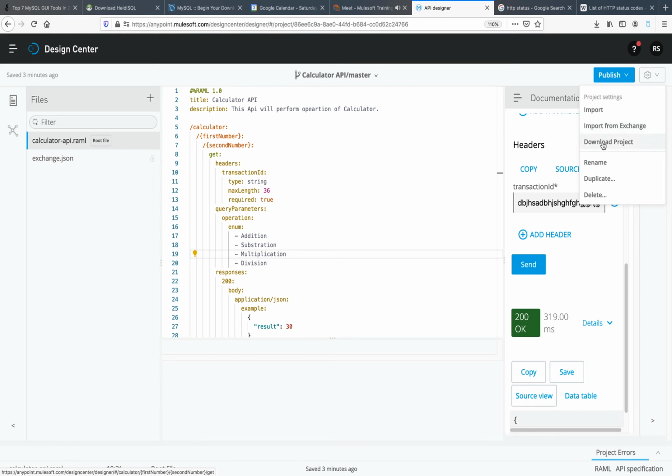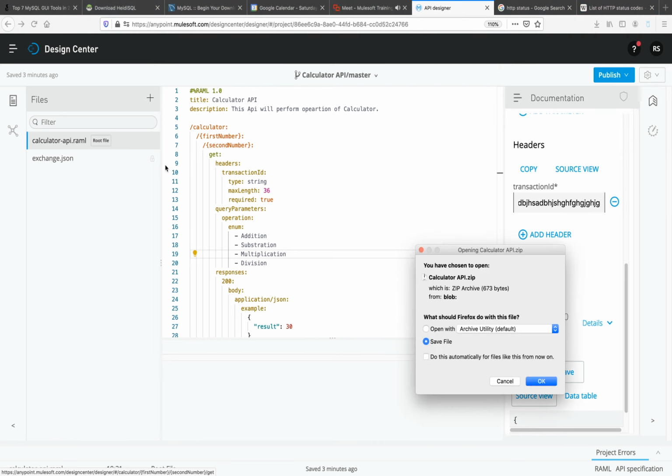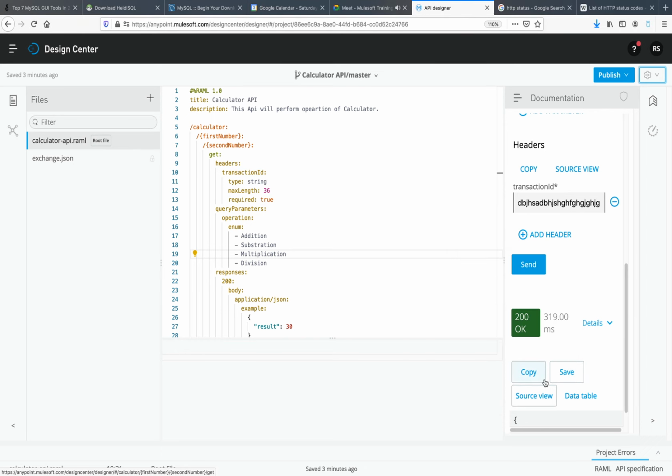Download project: if you click on this, this RAML will be downloaded to your local system, and the name will be calculator api.zip. So I will download this. Download started, so it will be downloaded to my local system. Then we have rename. If you want to rename this RAML file, you can rename. Duplicate, if you want to create a similar RAML file, then you can select duplicate. And delete, if you want to delete this RAML file.